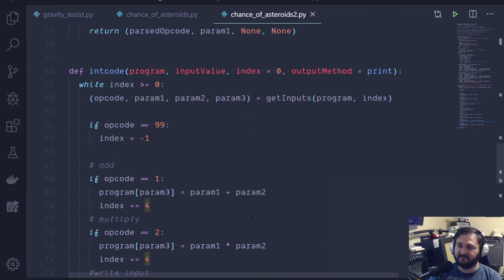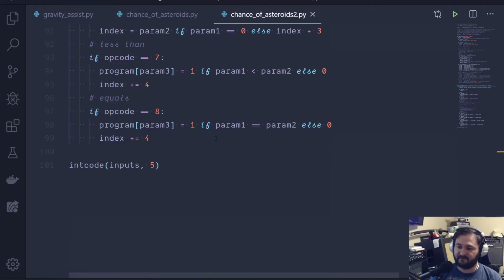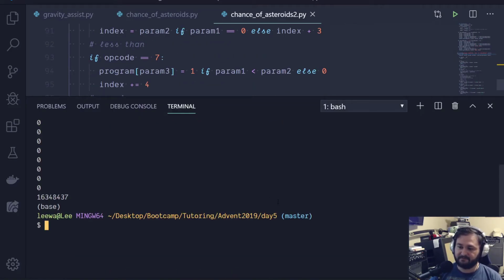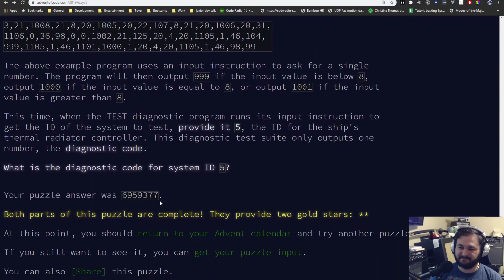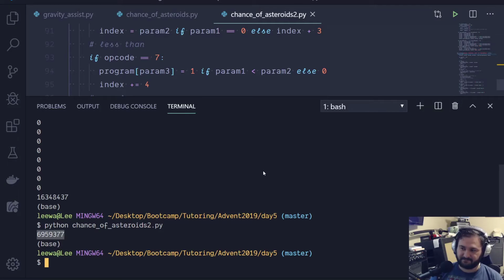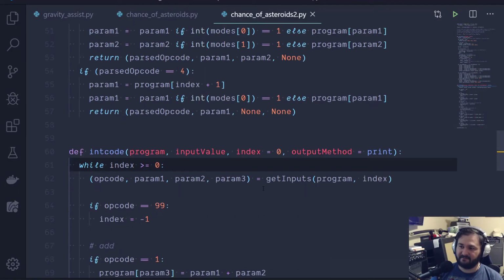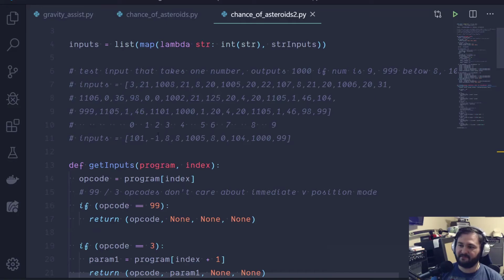Another thing that I changed was I changed this from a recursive problem to a while loop. It did work recursively, so we can go ahead and run this real quick. So it gives me the output that I wanted, which was, I don't know, the 6,900,000. So we got down here. But interestingly enough, if you give it an output like this,